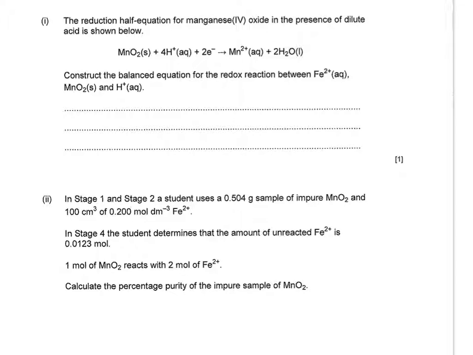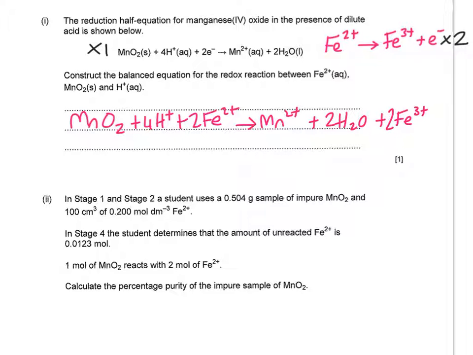So the first part of the next part of the question doesn't require you to have access to that information, so we can do that straight from what's on the screen here. But it does require us to know the half equation for the oxidation of iron. So the manganese dioxide equation stays the way it is, and the iron equation gets multiplied by 2 to make the electrons balance, like so. So this next part,